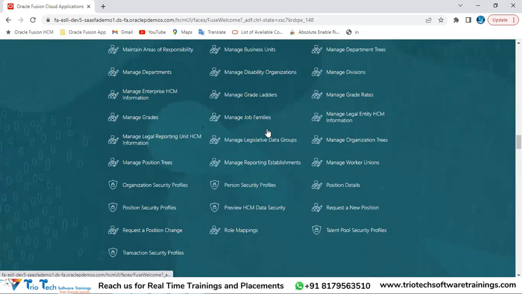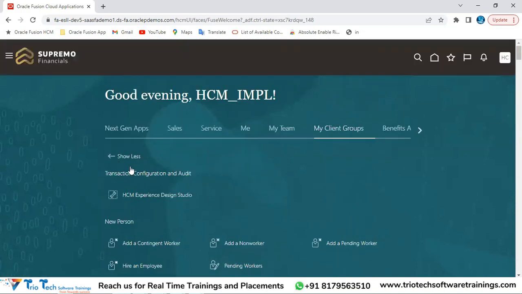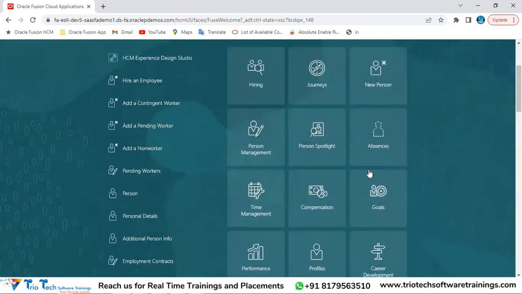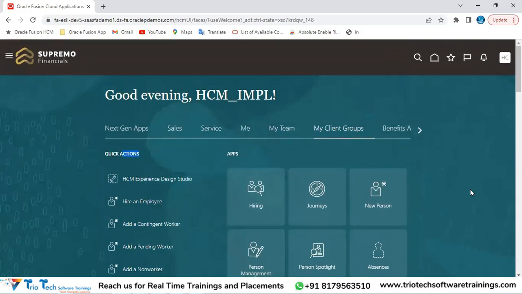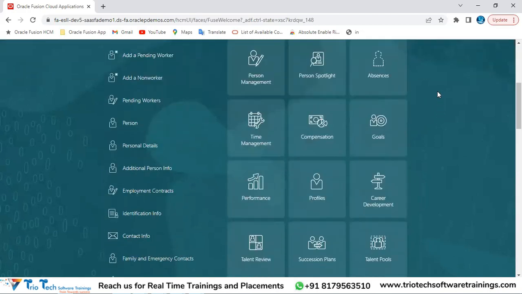Either you can pick up from here, team, or you can go to the individual sub-functional area and pick up that task. These are quickly accessible actions, and what is available within them is called quick actions, team. And if you scroll down the page,